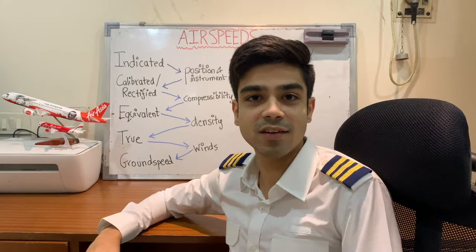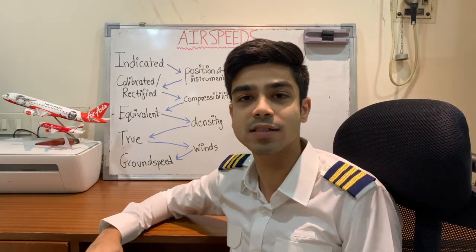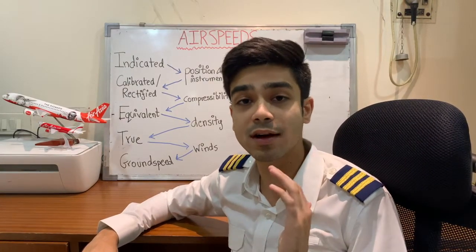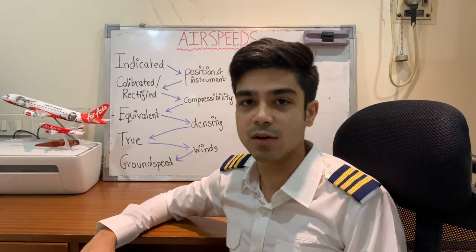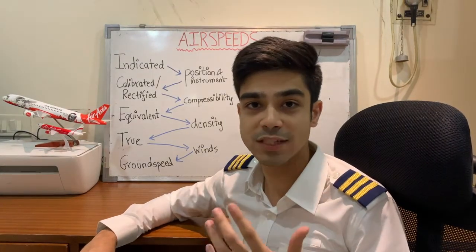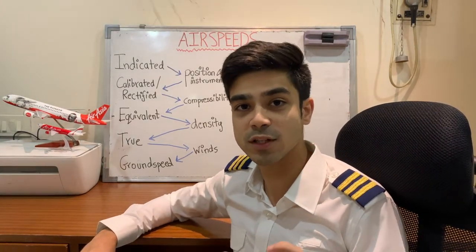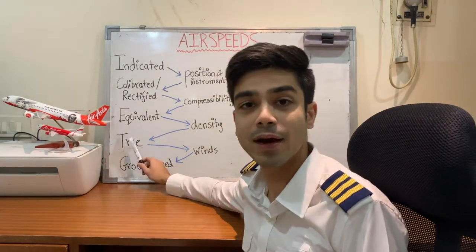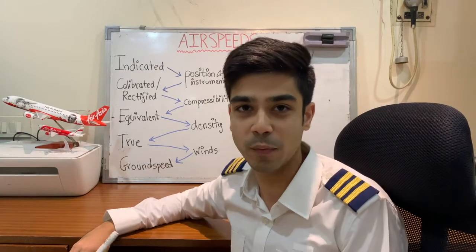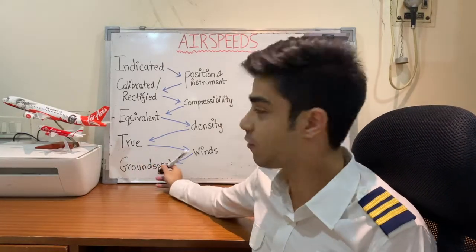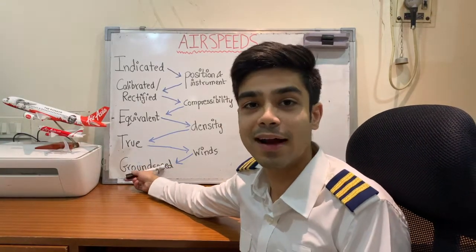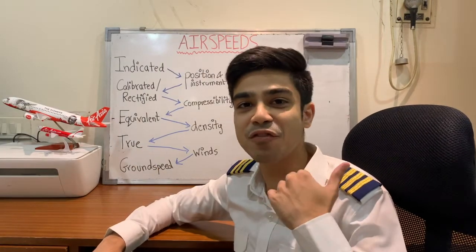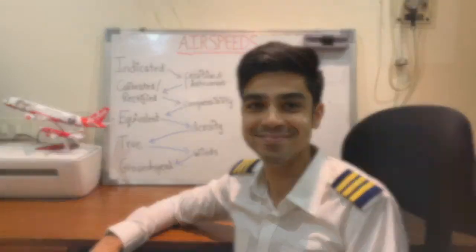What is density error? So the airspeed indicator is calibrated only to show the correct reading only at MSL. So whenever you're flying, you're obviously not going to fly at sea level, so there's always going to be some amount of error. When this error is compensated for, you'll get your true airspeed, also known as TAS, very commonly TAS. This corrected for winds is going to give you ground speed. So these are your different kind of airspeeds which you need to know.